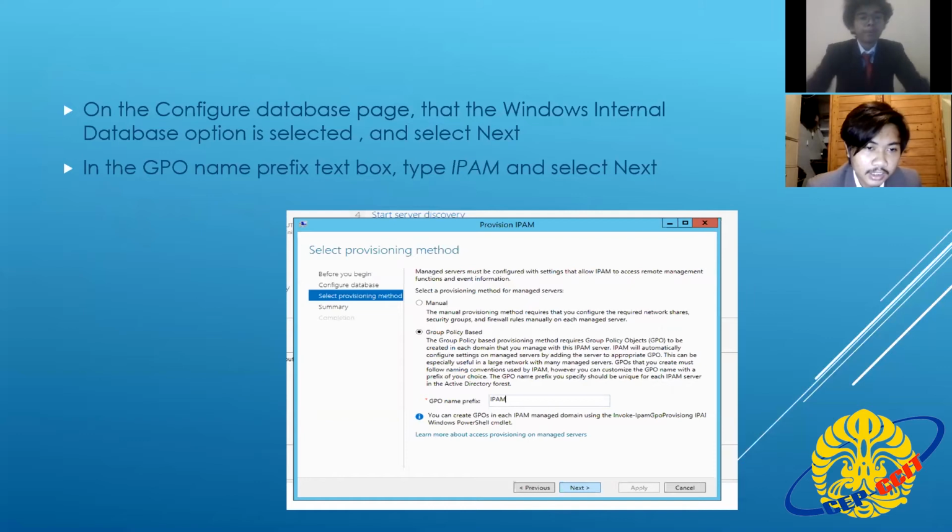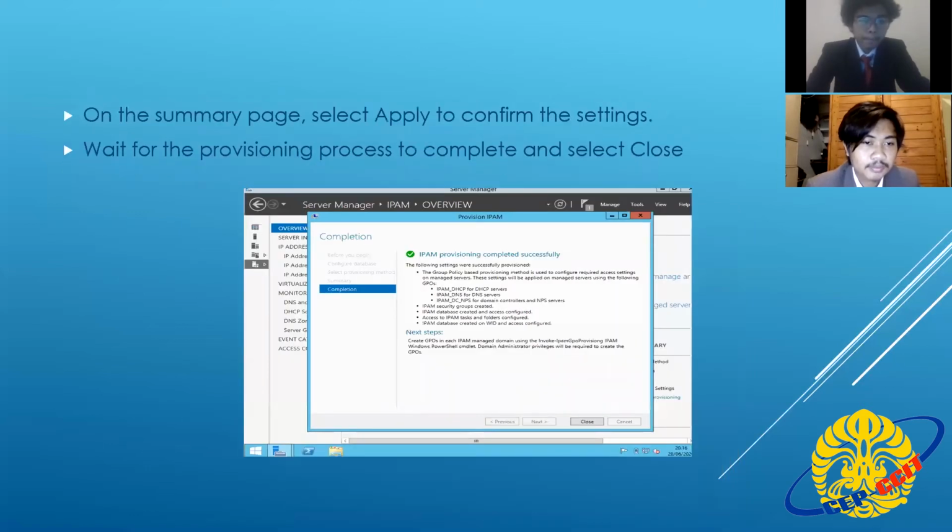And then in the GPO name prefix text box, type IPAM and select Next. Then on the Summary page, select Apply to confirm the settings. Wait for the provisioning process to complete and select Close.